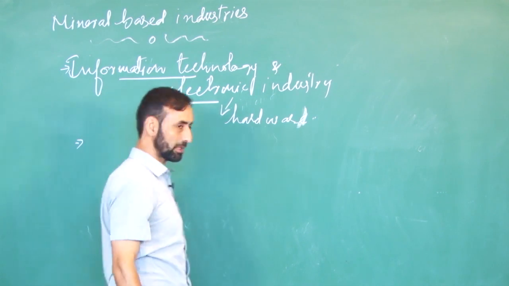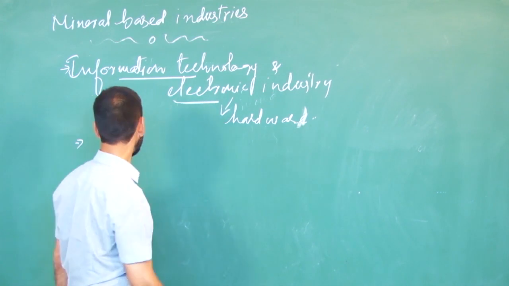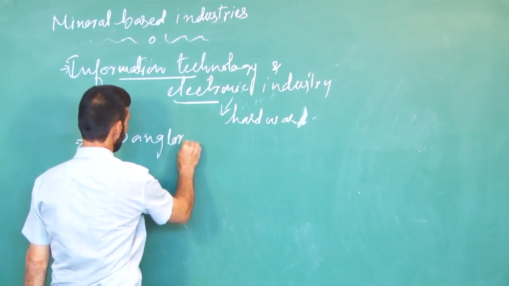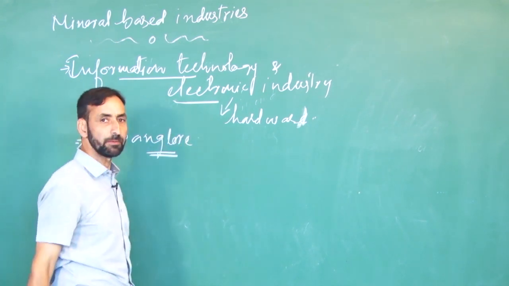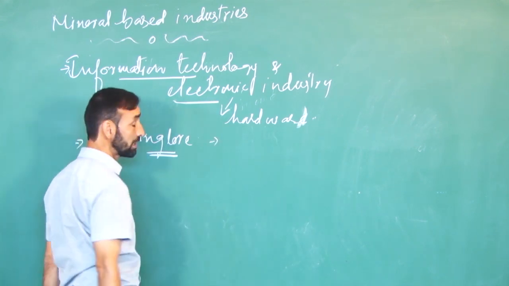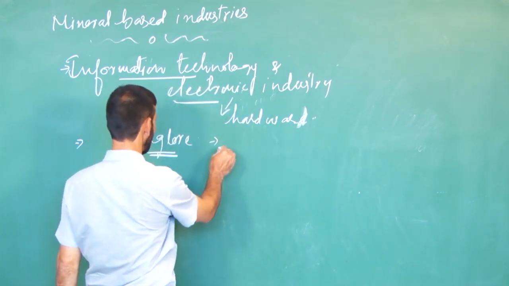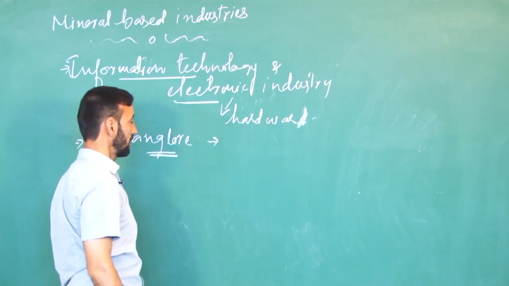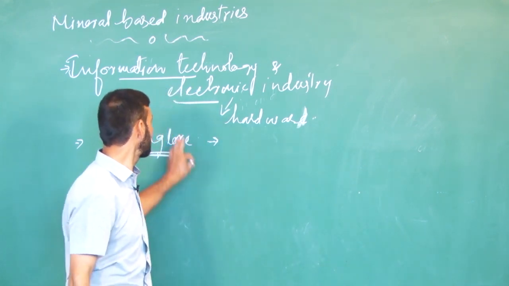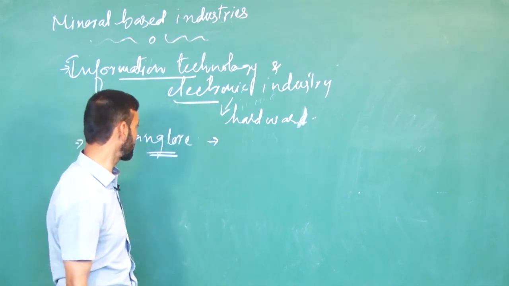Can you tell me which city is the electronic capital of India? That is Bangalore. Bangalore is the electronic capital of India because most of the electronic goods are manufactured there. There are 46 software technological parks in India. In 2011, it was estimated that 1 million people had got jobs in this industry. It has been estimated that after 3 to 4 years, it will become 8-fold.